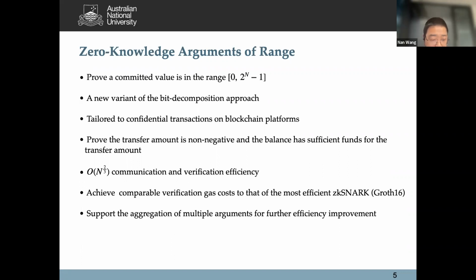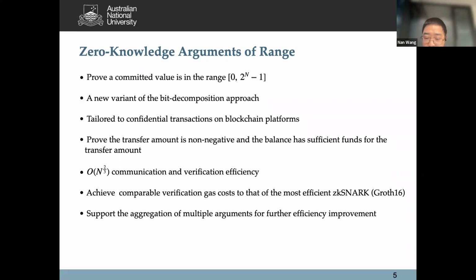Zero-knowledge proofs' communication cost affects the transaction size, as they dominate the whole transaction size. The verification efficiency has a great impact on how fast a transaction can be validated by miners on blockchain platforms. Our argument achieves n^(2/3) sublinear efficiency in both communication and verification. Our main contribution is that our range argument consumes a comparable amount of gas costs to the ZK-SNARK Groth